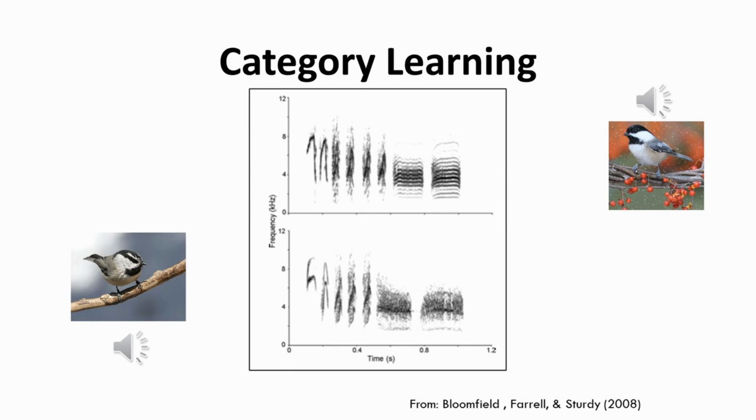Basically asking, if given true groups, are they able to form a category and treat novel stimuli, vocalizations they haven't heard before, as either black-capped or mountain chickadees, or are they relying on rote memorization? And we're going to use the same exact setup that we just looked at with our dogs and butterflies,